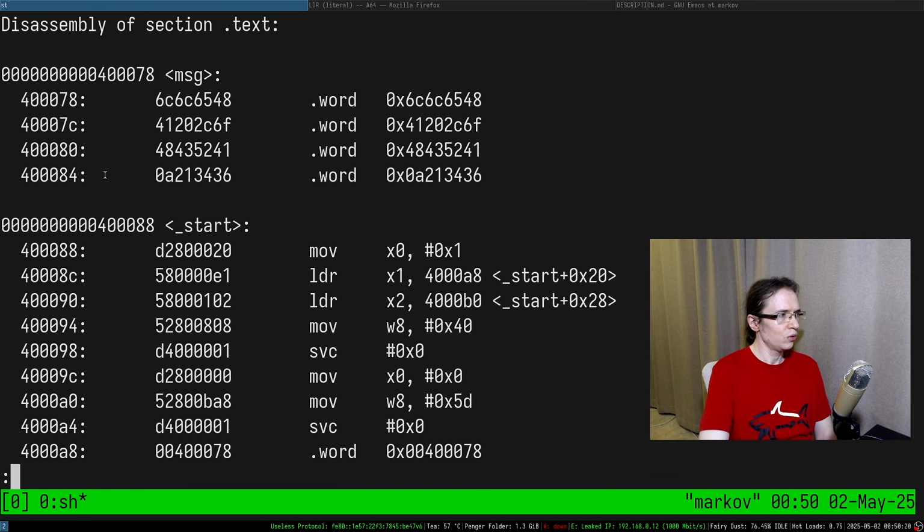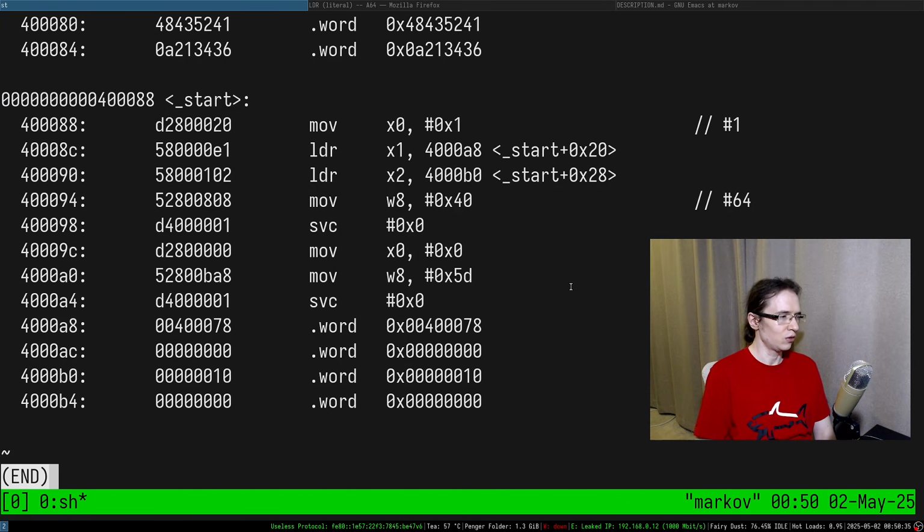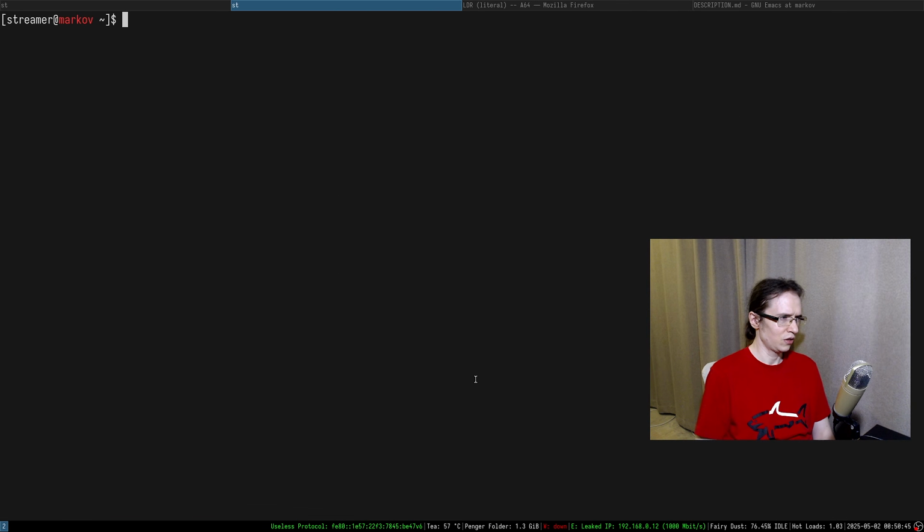Okay, so 64, this is a 4 bytes value, and then we get 88. So it's _start plus 28. So did it put it somewhere in a different place? It's 16, right?